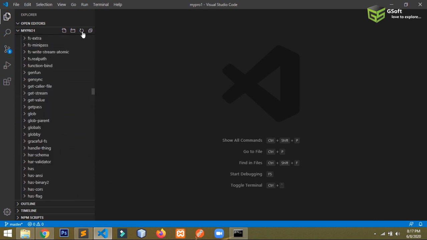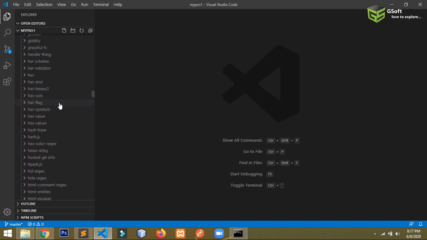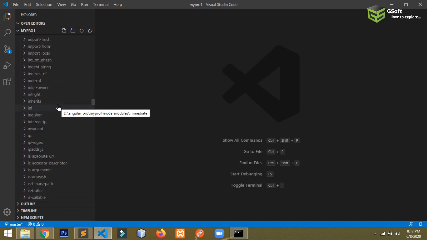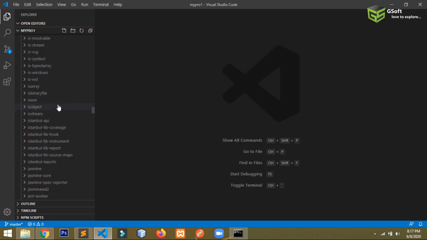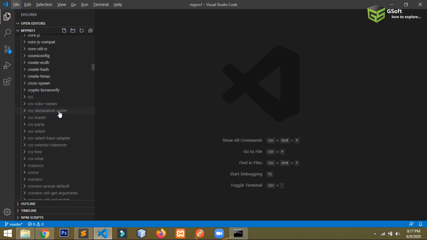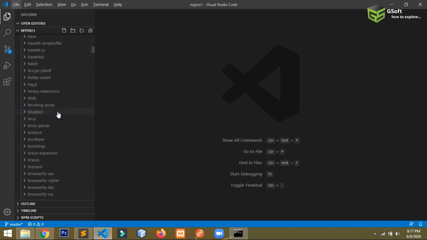I think I have to refresh the page here. Let me refresh it and check. You can see a jQuery folder has been added, and if I go to dependencies, let me show you, like the package.json file, you will see these dependencies are added automatically.